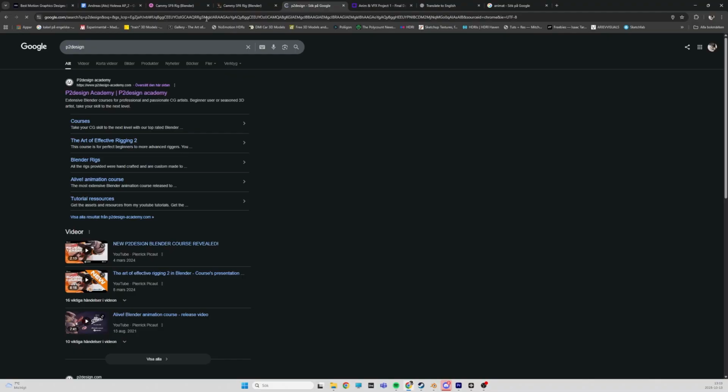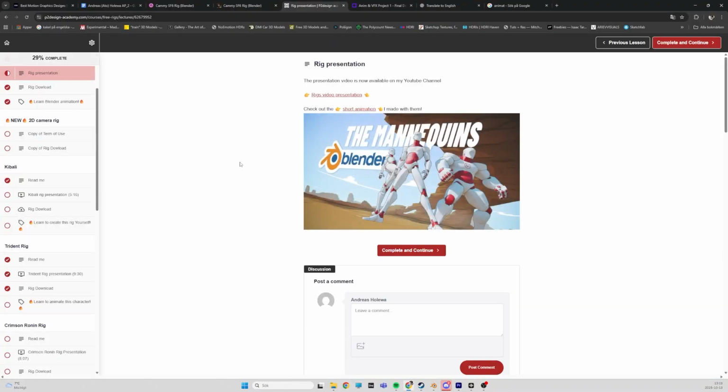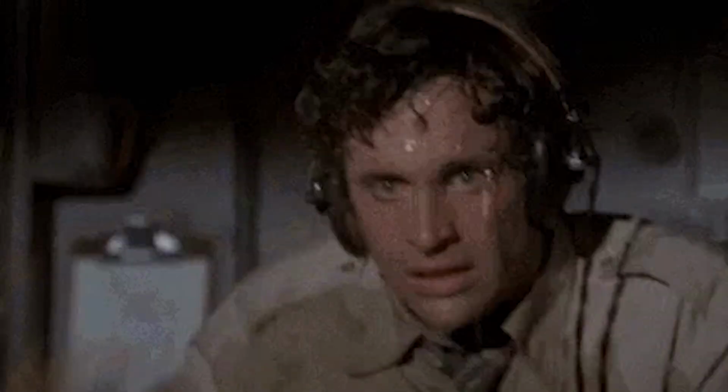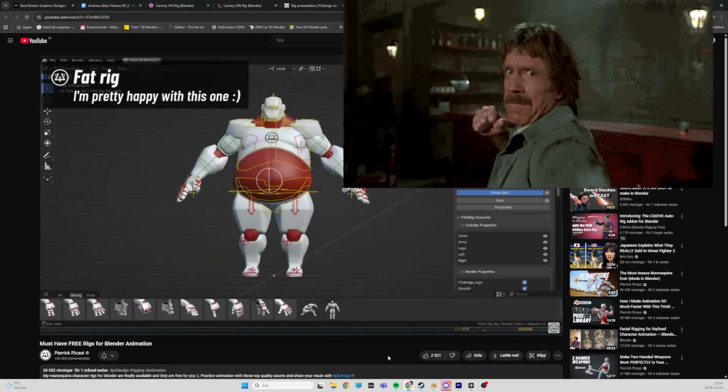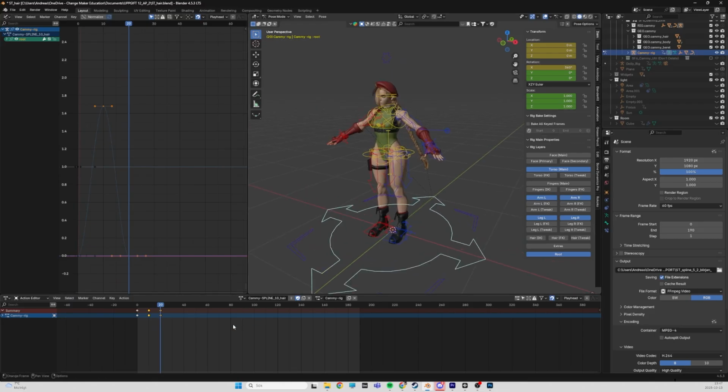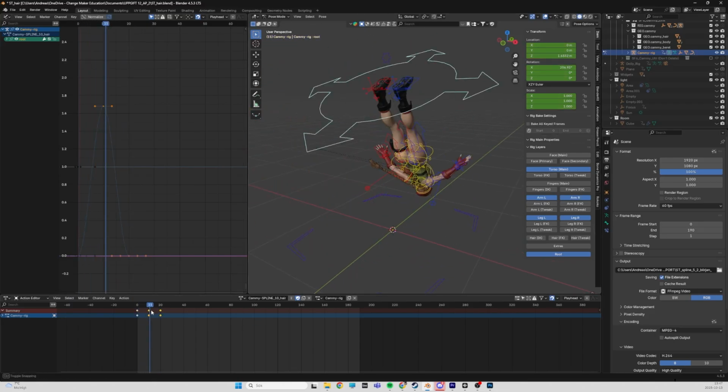The plan was to have her hit a dummy, kind of like a test target. But once I actually got started, I quickly realized I'd only have time to finish her intro, no punches, kicks, or dummy. I didn't want to start off wrong, so I took my time planning how to animate all her spins and jumps,